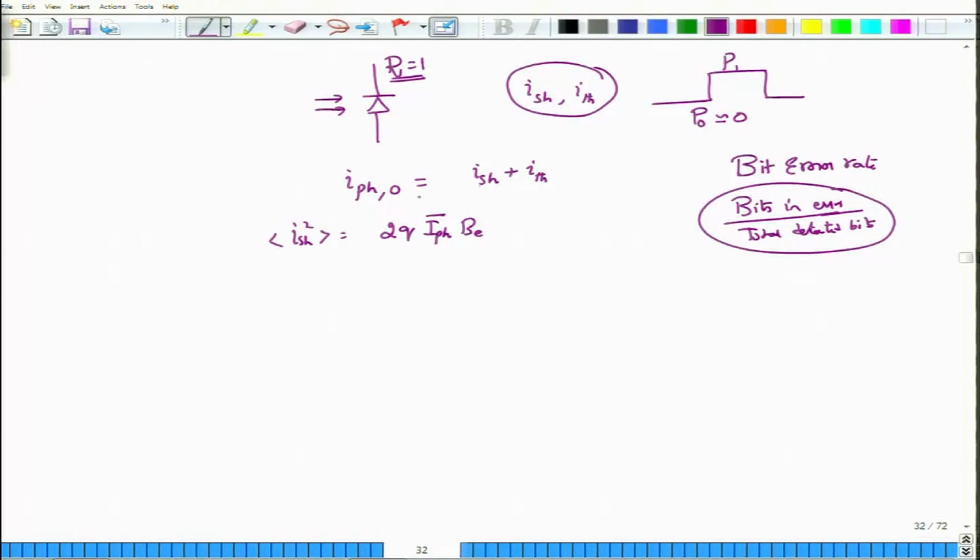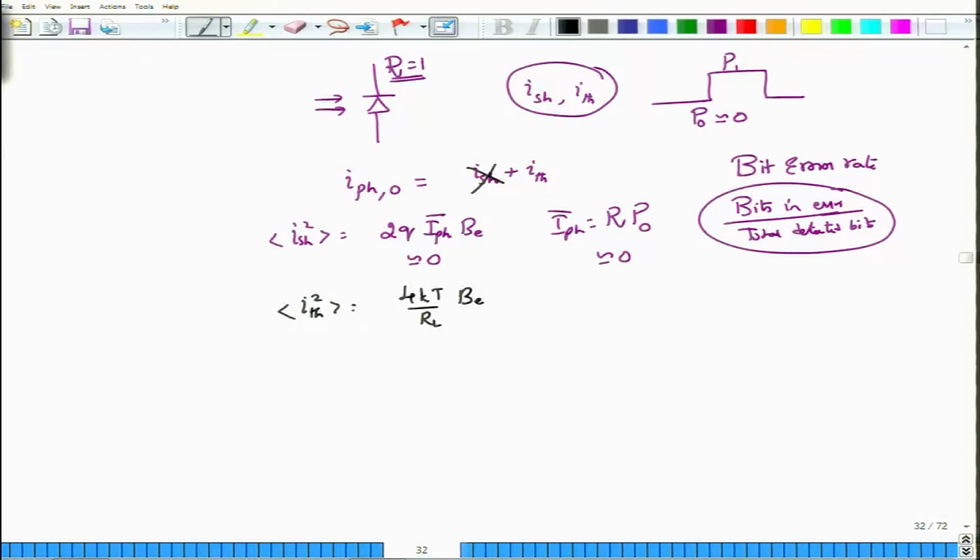So, clearly, the photocurrent I_PH itself will be equal to R times P, whatever that we have launched. If we have launched bit 0, this would be R P0, which is approximately equal to 0. Which means that the shot noise also can be neglected. So, it is interesting that the shot noise does not occur when you launch very low optical powers or when you send out a bit 0. So, you can ignore shot noise here, and thermal noise is the current noise whose variance is given by 4kT by R_L times the same bandwidth B_E.